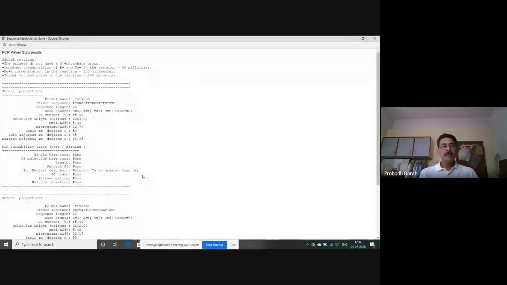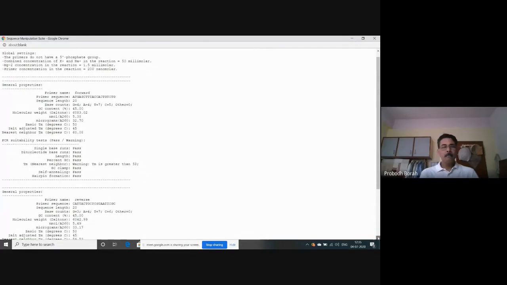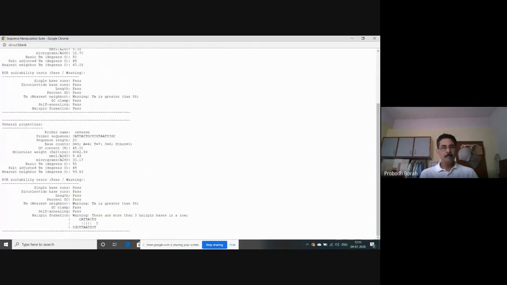Then the neighbor joining TM value gives a warning, showing TM is greater than 58. This is one inherent defect, or rather problem, with this particular tool. It shows the TM value greater than 58 in most cases, whereas in fact it is not so. Here again, hairpin formation of the reverse primer is also shown.